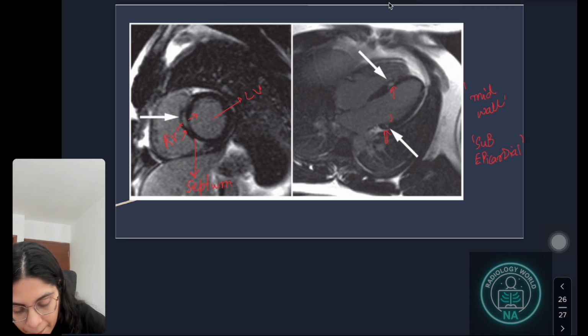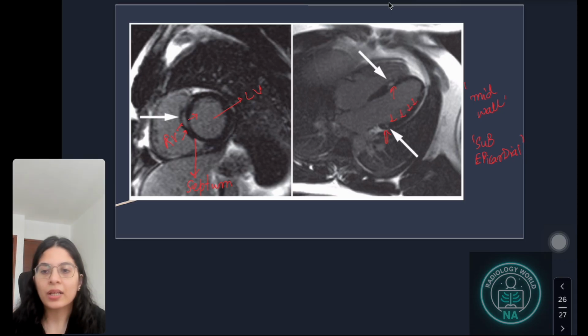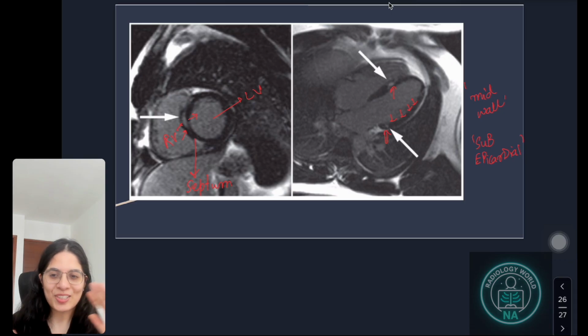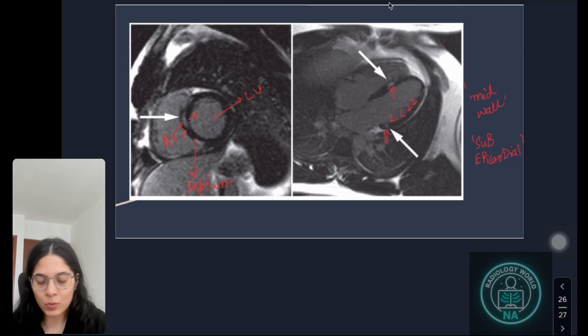Subendocardial involvement on the inner side, that is mainly because of ischemia. So that is basically a differential. So this is a little higher end. This is only for radiologists who are basically seeing this video. It is either